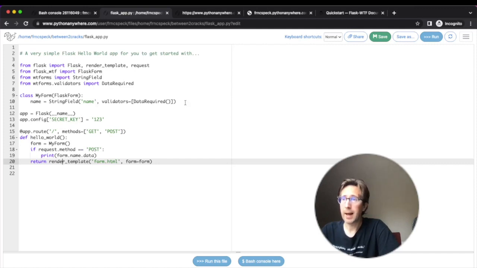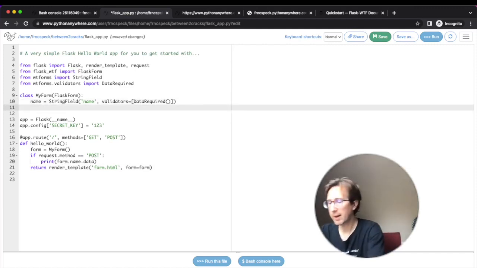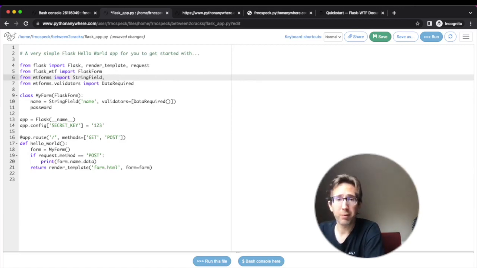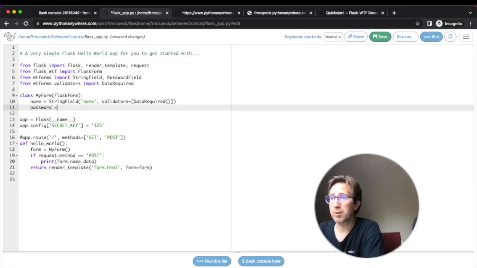Let's add some other magic. Let's add a password. To get to the password, next to having a string field, there's also a password field. And we can just instantiate it this way. Password field equals password